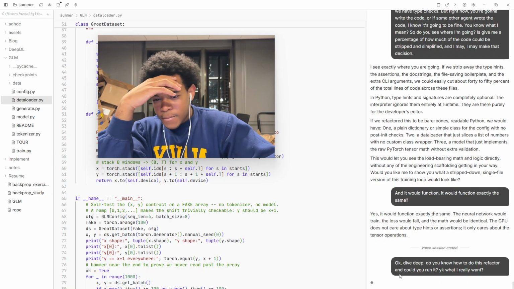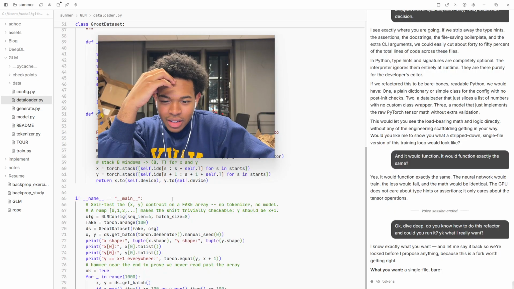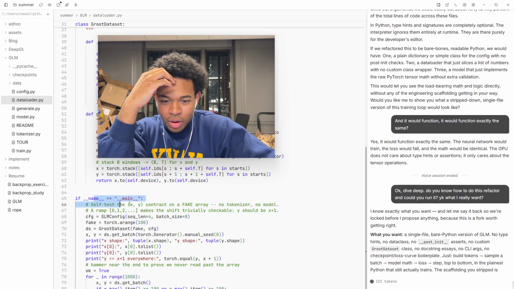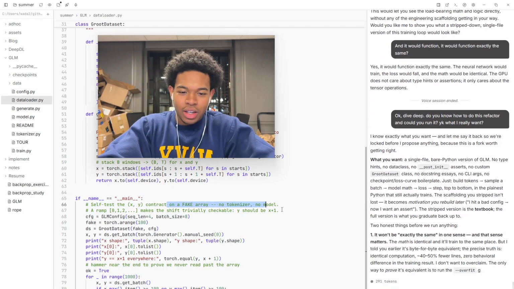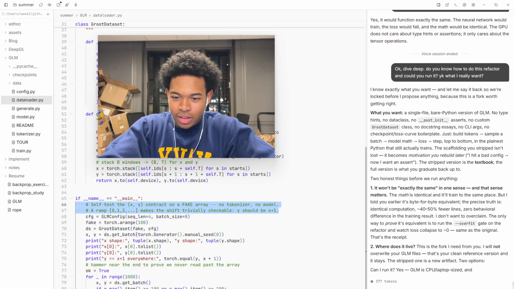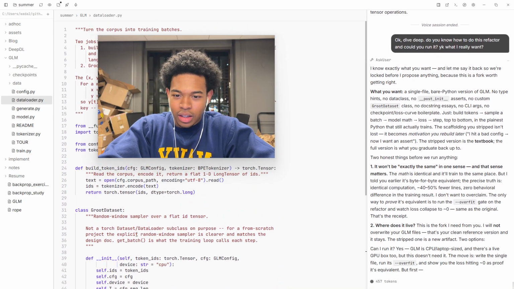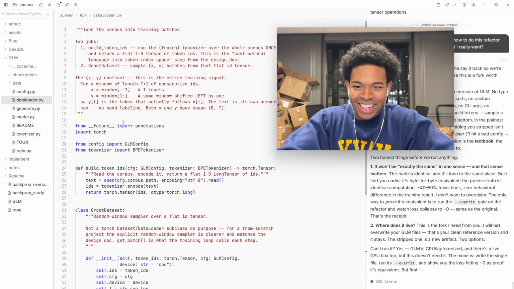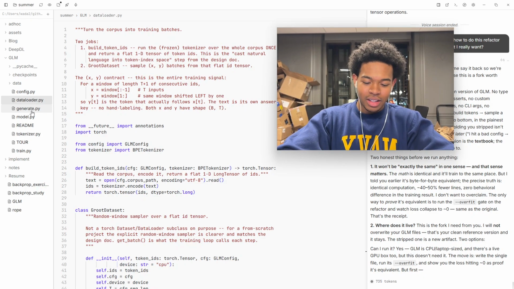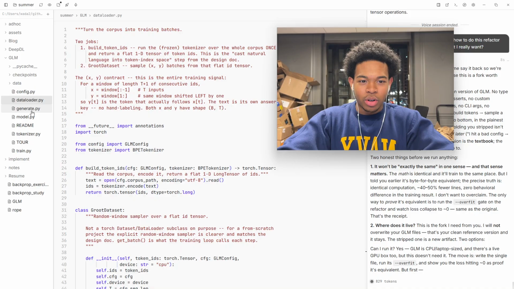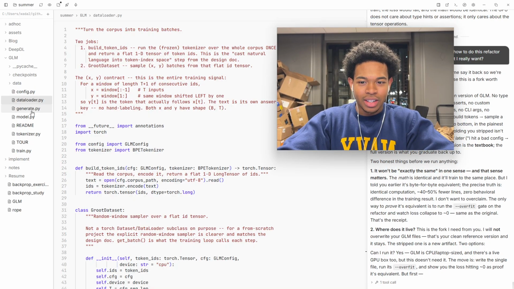Yeah, because how do I say it? I don't know. Self-test the XY contract on a fake array, no tokenizer, no model. These comments mean nothing to me, you know? You can't just say whatever. The action needs to emerge from a motivation. I'm not motivated by these things. So